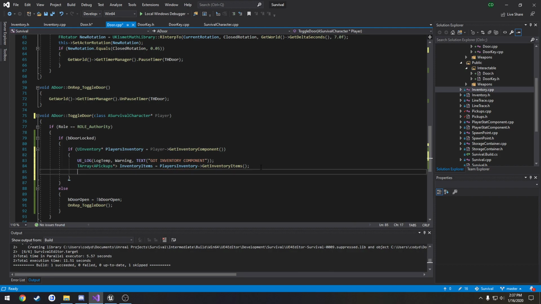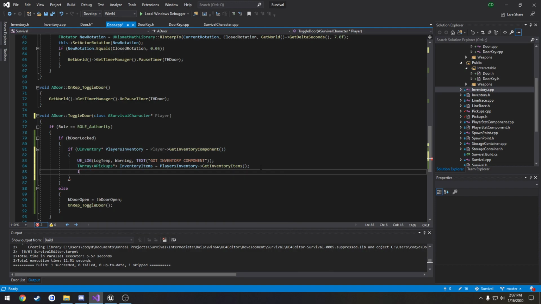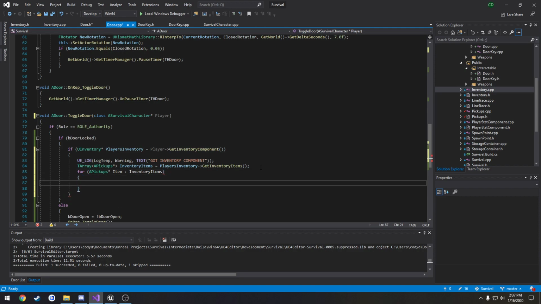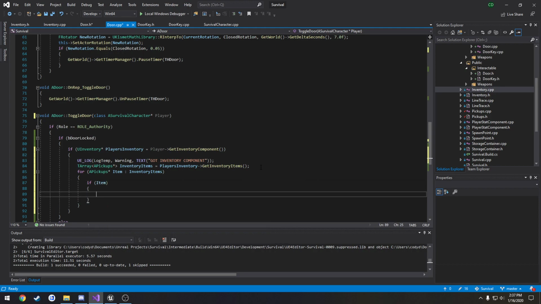Right, so if inventory, we can just go straight to the for loop. So for a pickup item in inventory items, we will want to try to cast the item. So just do a quick check. If item, we want to do if